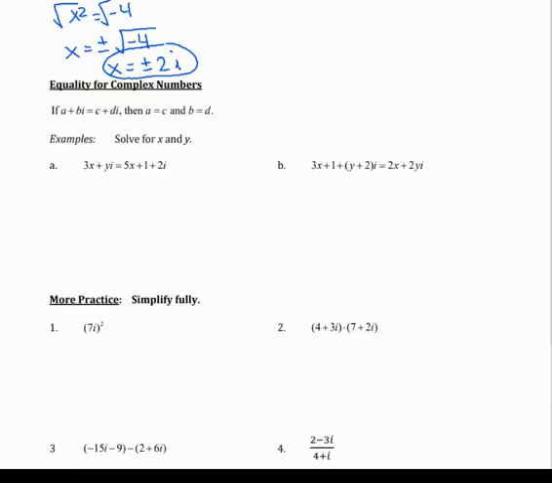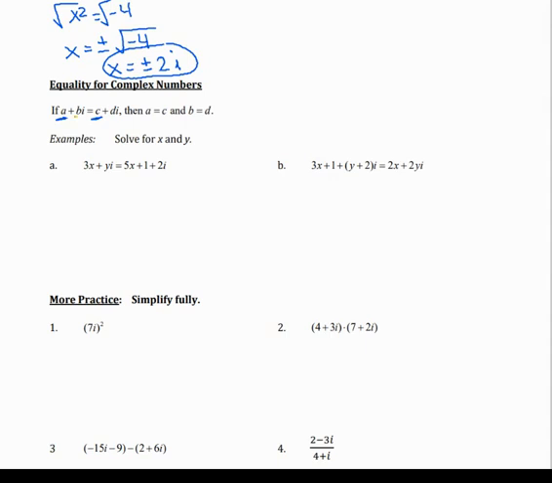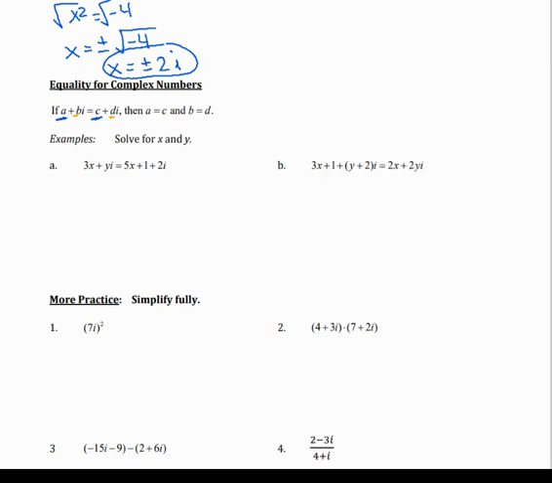The last type of equation is when we have 2 equal complex numbers, and we want to solve for unknown variables. When we do that, we set the real part with the real part, and the imaginary part with the imaginary part. So notice A will go with C, and then the imaginary part, I can just get rid of the i's even. B will go with D. So I'll do the second one for us. In this case, the real part on my first side of the equation is 3x plus 1, and the real part on the second